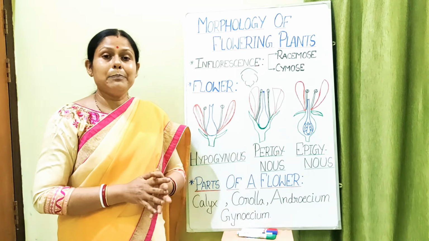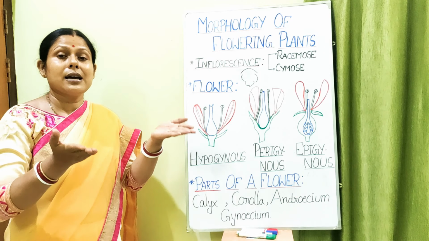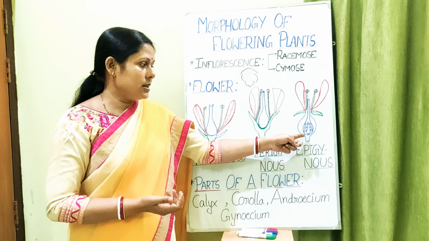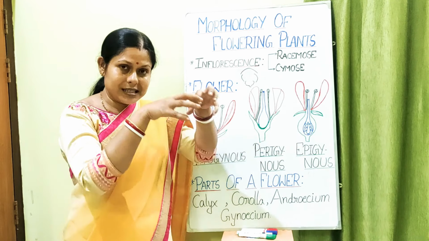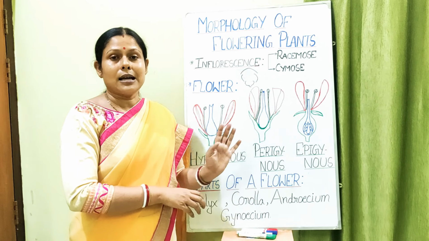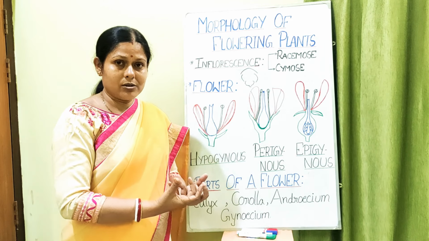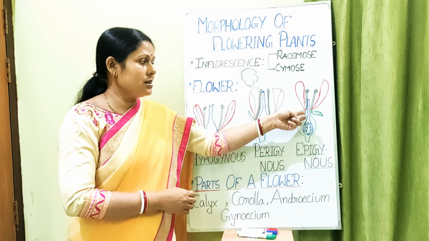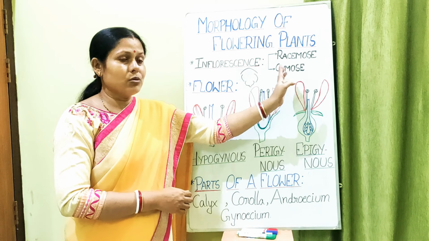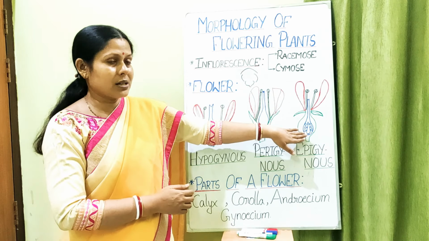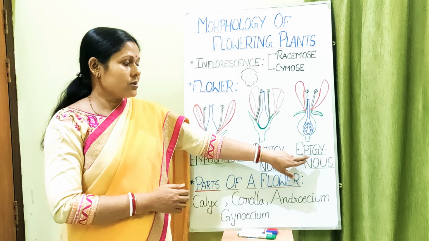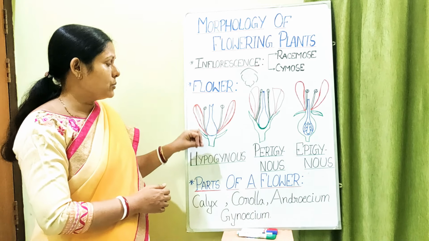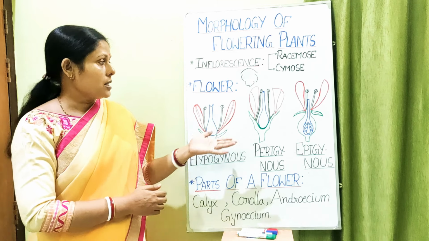And the last one is called the epigynous flower. Epi means above, gynous means gynoecium, so above the gynoecium. Here you see I have drawn the gynoecium deeply inserted inside the thalamus. So it is lower in position, isn't it? And all other members are higher in position. You can see the calyx, the androecium and the corolla are all at a higher level compared to the gynoecium. That is why it is called epigynous. So these are the three types of flowers depending upon the position of the gynoecium that we have discussed today.